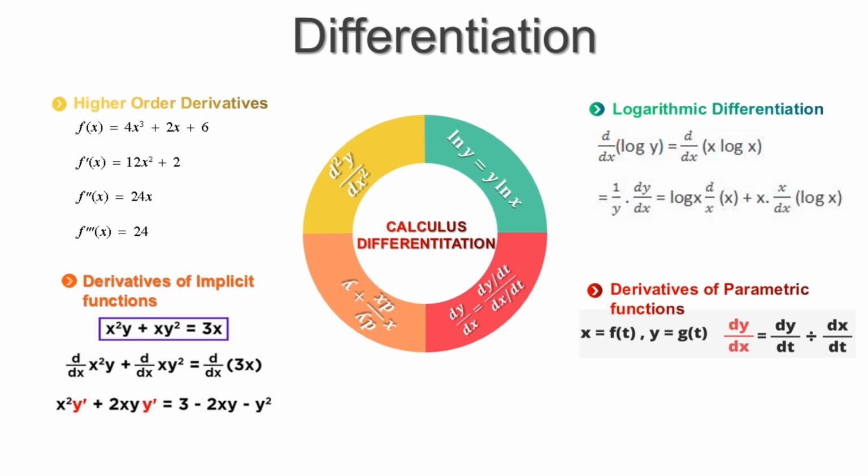And logarithmic differentiation: you use it if there is a product of functions or an exponent function comes, taking log on both sides and differentiating. Finally, you have to give the value for dy by dx. Then derivative of parametric functions: x is with respect to another variable, y is also with that variable, so differentiate y with respect to that variable, differentiate x with respect to that, and finally find dy by dx. These are the basic concepts only I am telling. Go through the extra questions from ML Agarwal and the reader questions, all you have to practice.